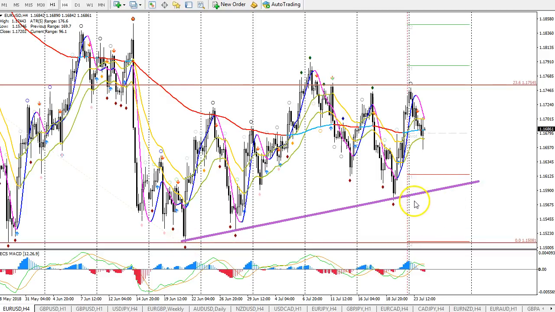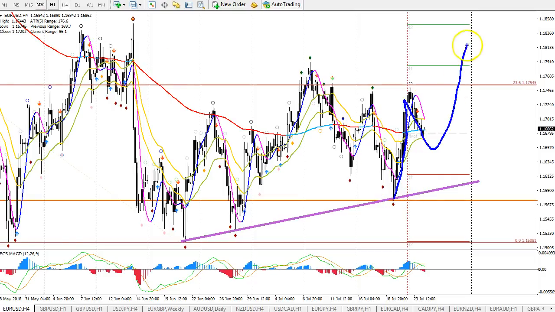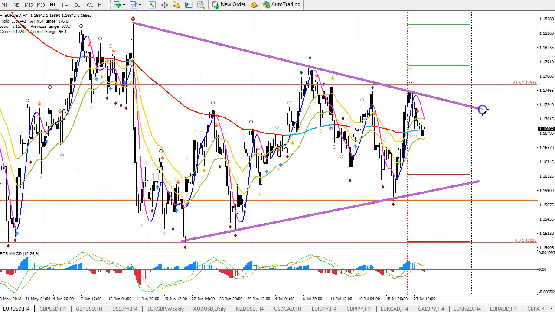In that case, that kind of invalidates what I'm looking for, specifically this bottom. Of course, it would invalidate the ABC pattern to the upside, and we wouldn't have an ABC zigzag. And something else is going on. I'm not sure what at this point, but we will reanalyze that and see what's going on. But a break above this trend line, of course, this resistance, would indicate or confirm what I expect, the upside